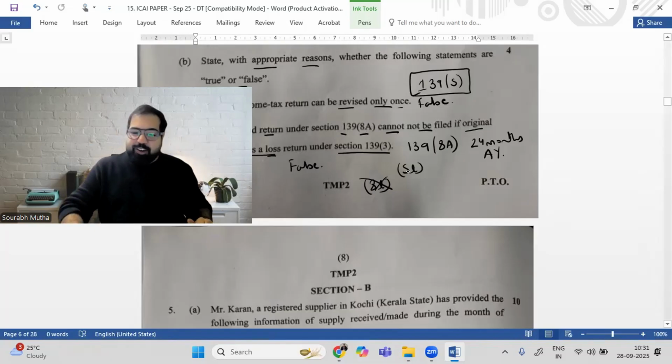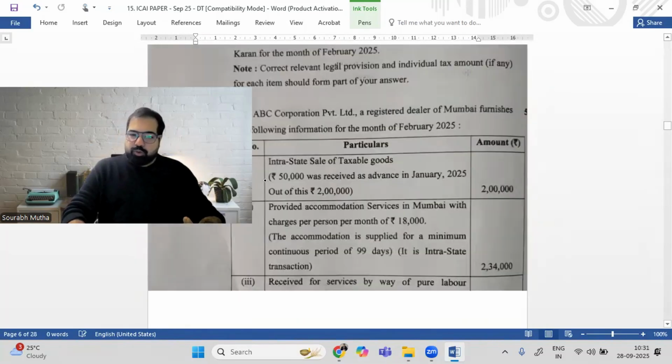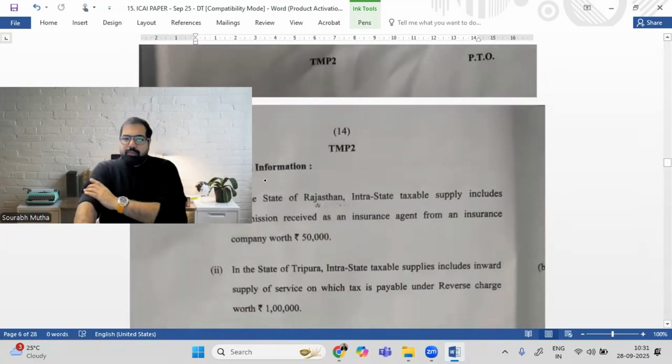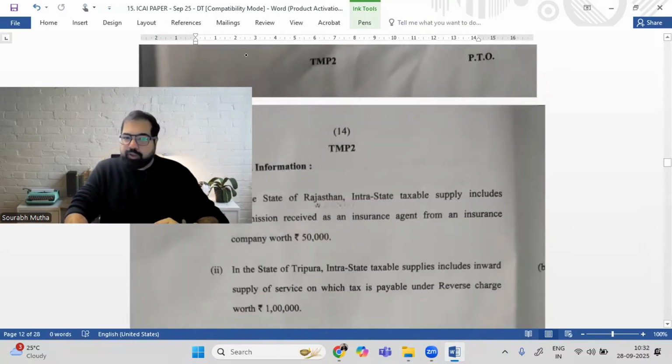All right, so this is the end of income tax. We will now go to the MCQ part. We'll discuss the MCQs also, and then we will go to the GST part. This is what I will do in the exam as well. Of course, question number one is pending. We'll talk about that also very soon.